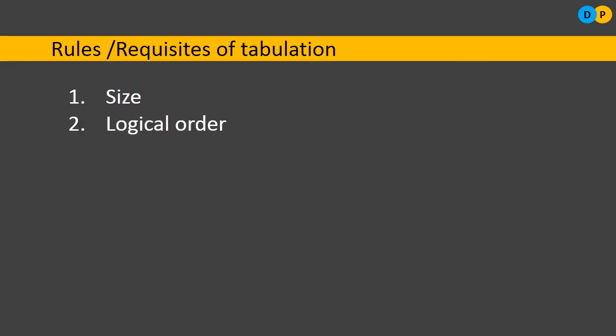The second rule is logical order. Yes, of course, within the table we will be presenting the data. So we will be considering rows, we will be considering columns. But how are these data put forward? What is the order of arrangement of these data? Whether the data are arranged according to the alphabet, or according to time, that is chronological order, or according to the geography, that is geographical order. So which particular order is taken into consideration? If the data are arranged according to a particular set order, then reading the data will be easy.